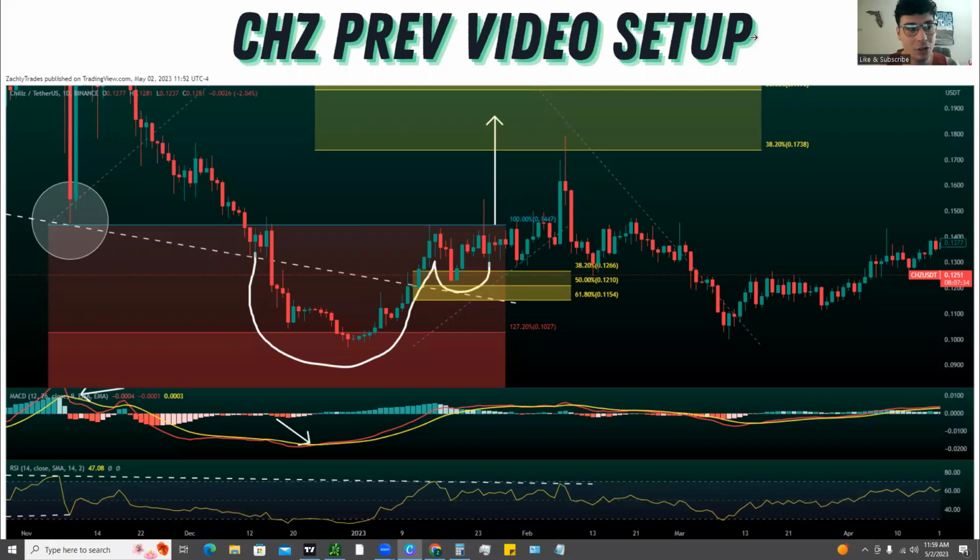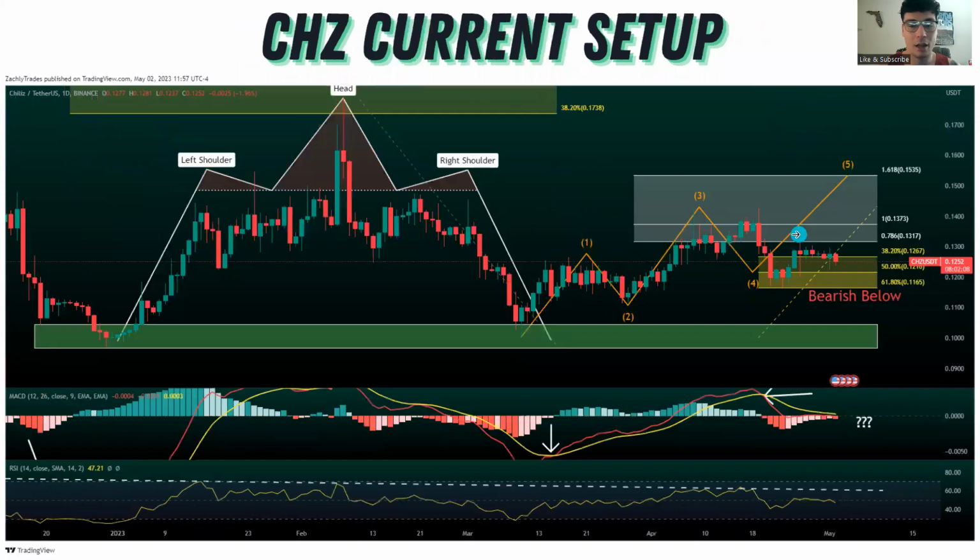Going to give you all an update on Chiliz, the CHZ token. We're going to go over the previous video setup. We did get that cup and handle breakout and hit our major level to the upside. If we zoom in and take a look at what we're currently seeing, we did end up getting a head and shoulders. There's a possible five-wave bullish structure that we're going to look to see if it plays out. And we're going to go over the key levels that if we break below there, then obviously we're going to